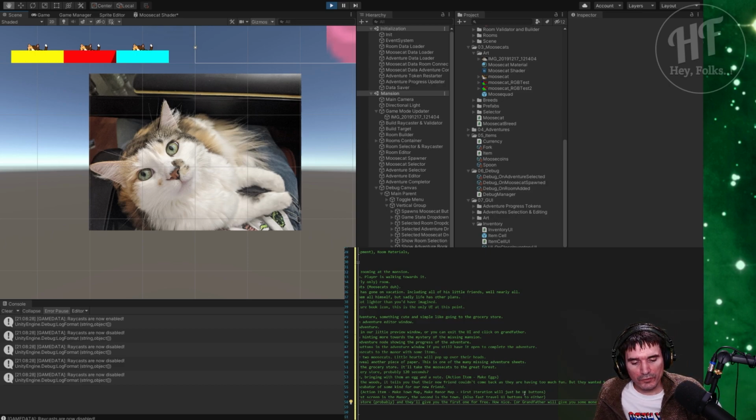And once you manage to convince him enough, that will be one of the features it'll unlock. Not only can you send Moosecats on adventures, but your character itself will be able to go on the adventures as well, with them or alone, whichever they prefer. And as you go through these adventures, you'll slowly uncover what happened to the mansion, and also bring back the